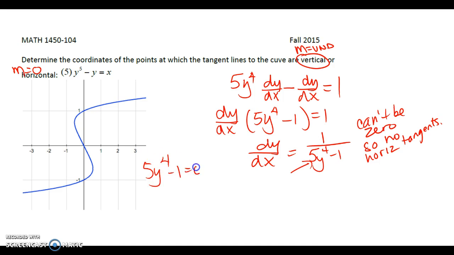So let's do this. 5y to the 4th equals 1, y to the 4th equals 1/5. So if I took the 4th root of this, I end up with y equaling plus or minus